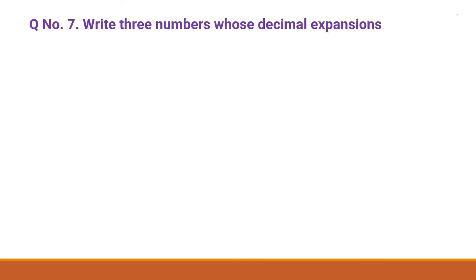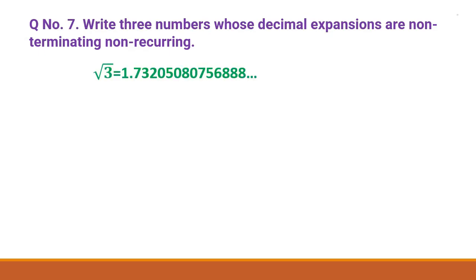Question number 7. Write 3 numbers whose decimal expansions are non-terminating, non-recurring. Solution. All non-terminating and non-recurring decimals are irrational numbers. We already know that, right? So we can take irrational numbers like square root of 3 is equal to 1.73205080756888 and so on. Square root of 5 is equal to